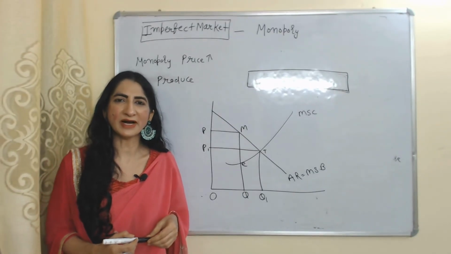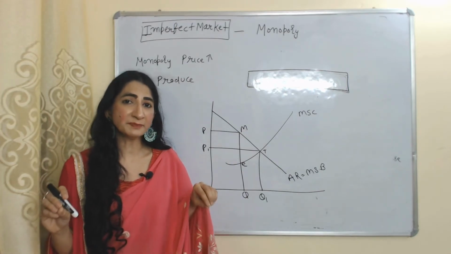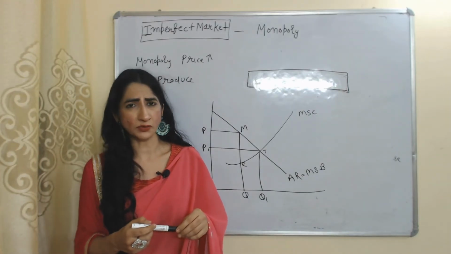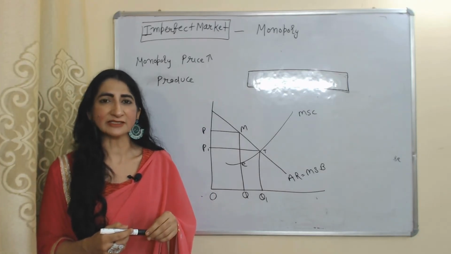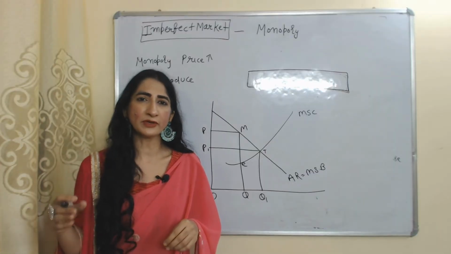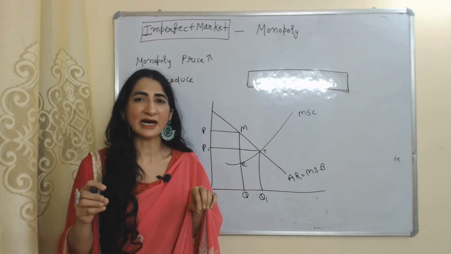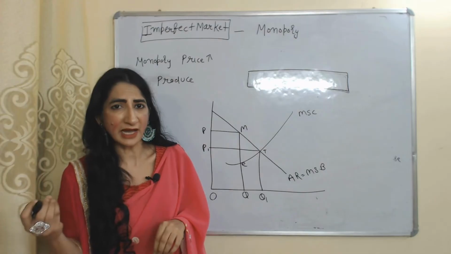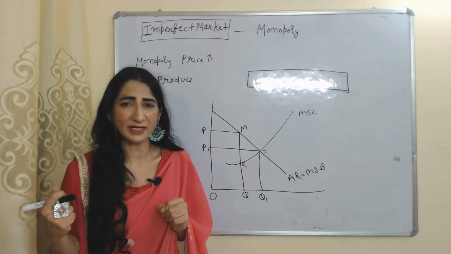Next cause of market failure is imperfect market. As we know, imperfect market like a monopoly can become cause of market failure. As we know, monopoly charges higher prices and produce less. And higher prices can reduce consumer surplus, or we can say the higher prices is loss of society. So in this case, market will fail.